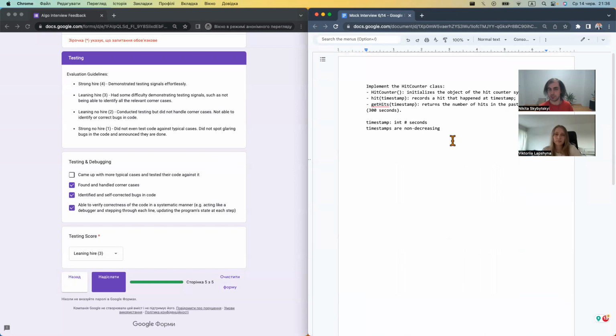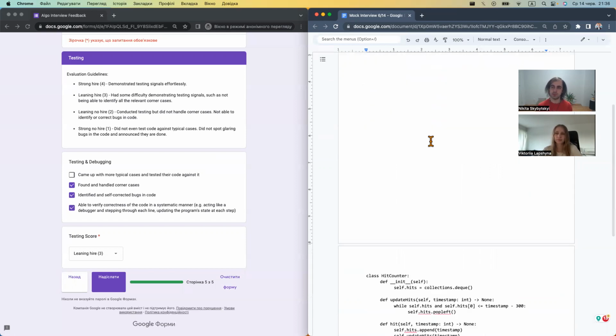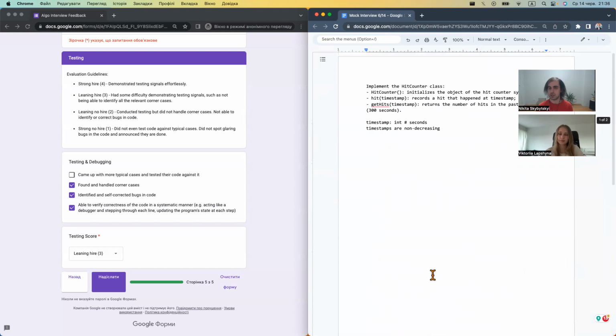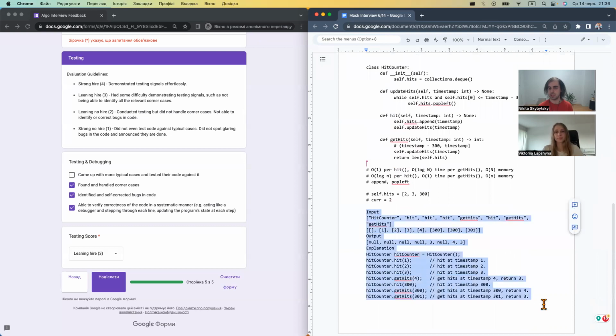Тепер що ще можна було сказати? Я б насправді просив якийсь кейс одразу. Його не завжди дають, але майже завжди ти хочеш мати якийсь кейс одразу, тому що він одразу дає тобі відповідь на деякі запитання, наприклад, чи включається ліва границя. І тоді, навіть якщо тобі дали якийсь кейс одразу, на dry run краще придумувати свій кейс, щоб не вийшло так, що ми підігнали розв'язок під той кейс, і зрозуміло, що він працює.